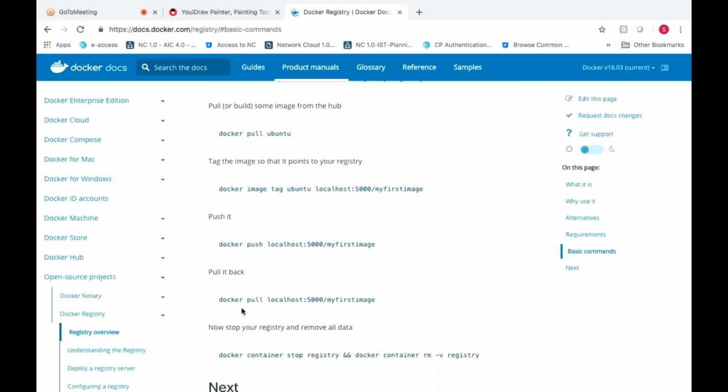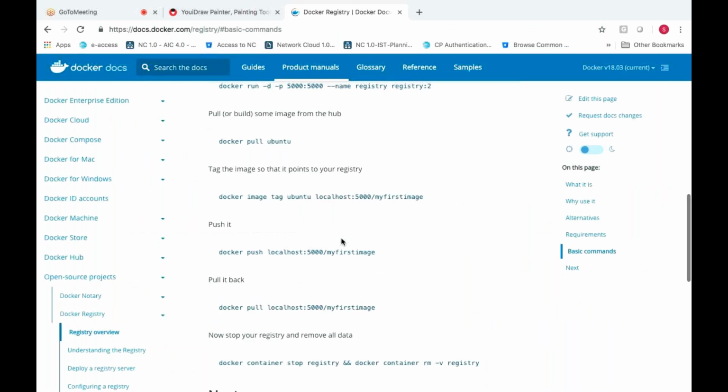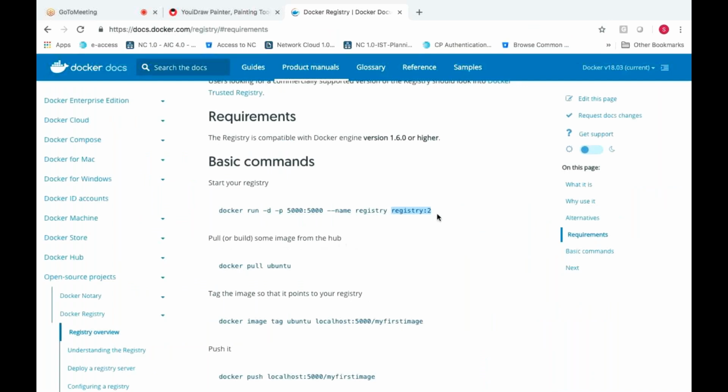First we need to create a registry. In this, we have an inbuilt image called registry colon 2, the second version. Once you create a registry, your registry will be running on port number 5000. First, in order to do the experiment, pull the Ubuntu image.